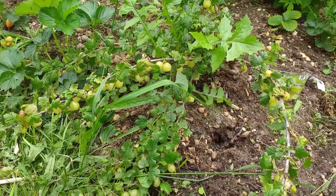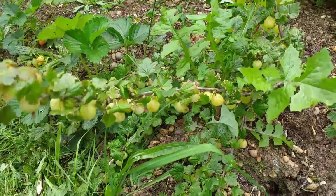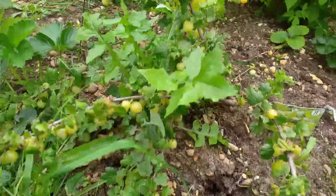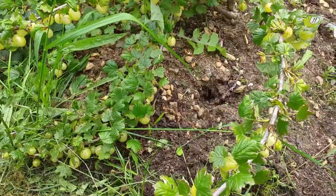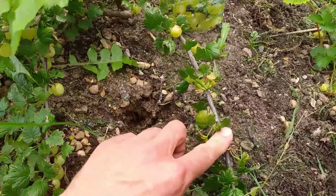We've got to have a section on gooseberries, haven't we? Now, these are looking very good, and look at that, look. I mean, look at all that lovely, lovely crop, okay? Now, you can propagate these yourself, okay? I do have a video on how to take a gooseberry cutting, but one thing you can do with these is you can get a bit of last year's growth, and you can push it down like that into